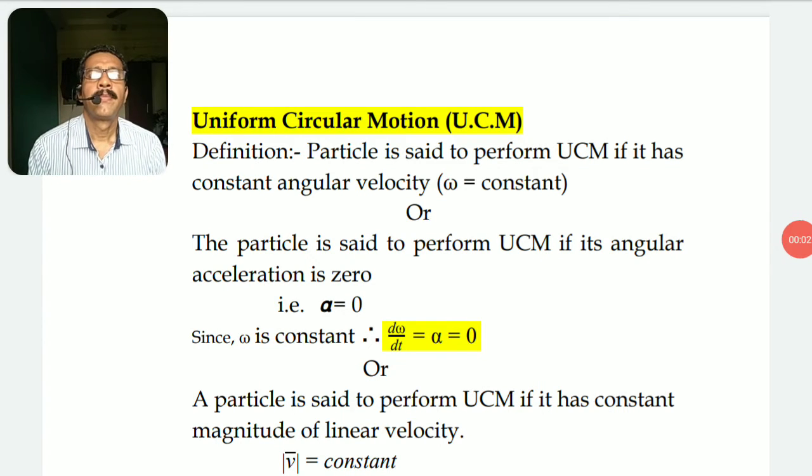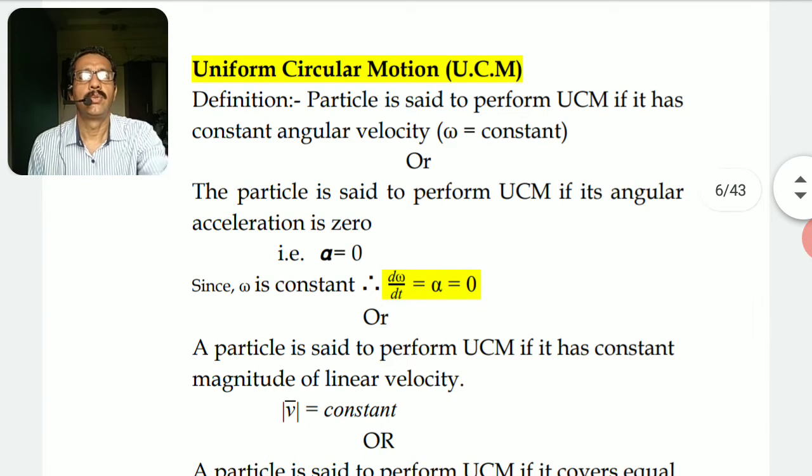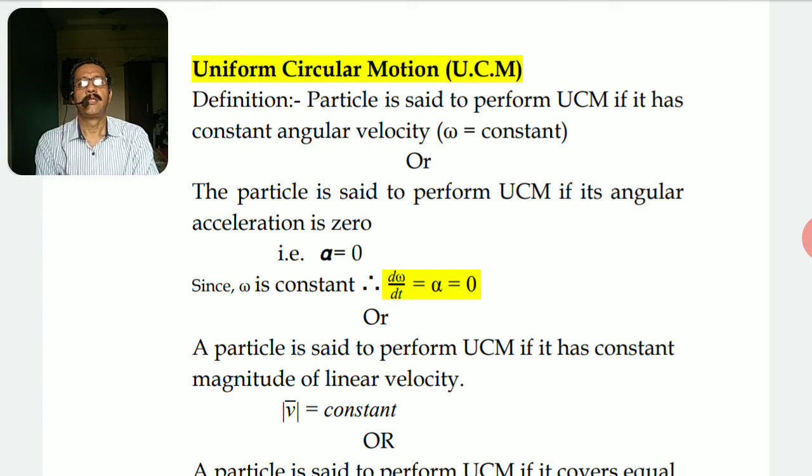Hello everyone. We are into the second session of rotational dynamics. In the first part of rotational dynamics video, we studied what exactly is circular motion and the different terms associated with circular motion, where we saw what is meant by angular displacement, angular velocity, angular acceleration, linear velocity, linear displacement, and the relation between linear velocity and angular velocity. That we have derived, the equation v is equal to omega cross r.